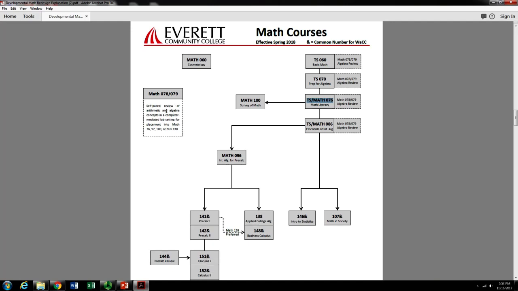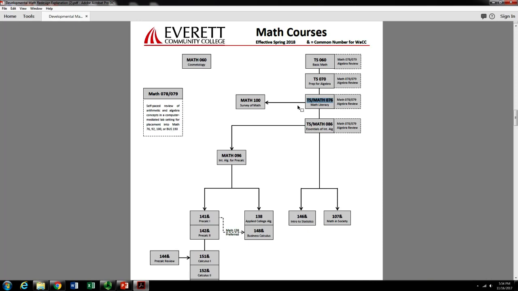Maths 78 and 79 will still be in existence, and a student can go into that class. It's a self-paced math class. It is in a classroom with an instructor, but a student is doing his or her work on a computer, working at their own pace, and then they can raise their hand if they need help. And at the end of the class, depending on how quickly a student gets through the material, the student can